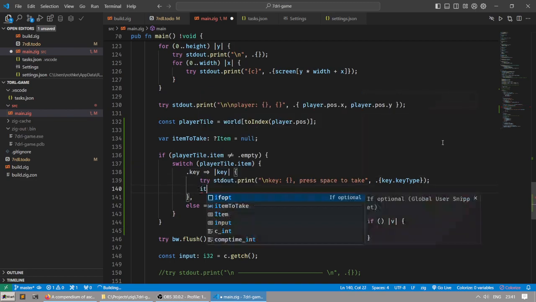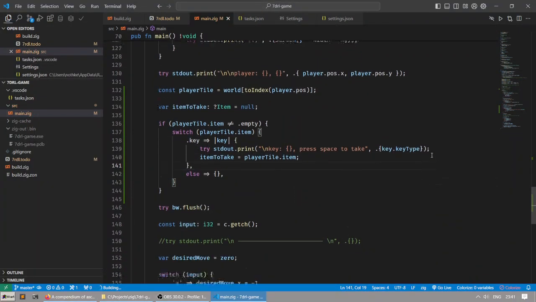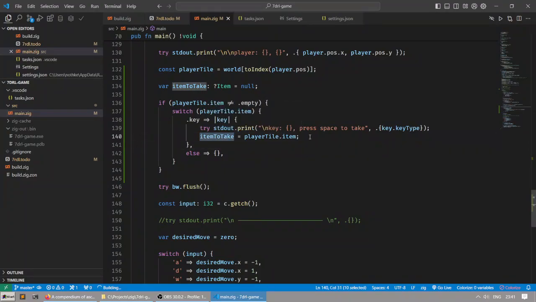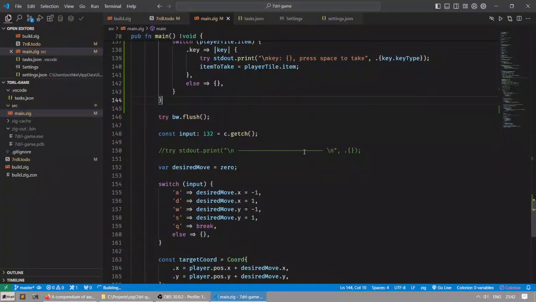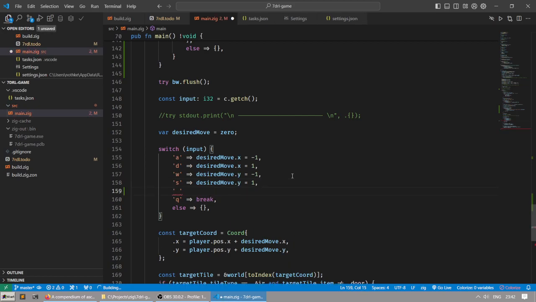And here I'm going to set item to take to be player tile item. So this is potentially something that you can take, right? And if it is takeable and the next character is space, okay, if it is space,